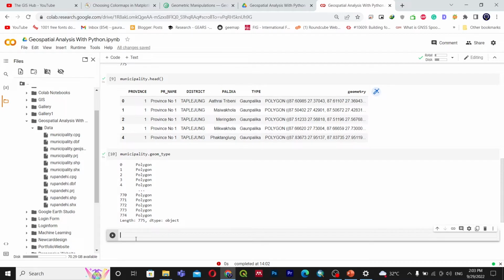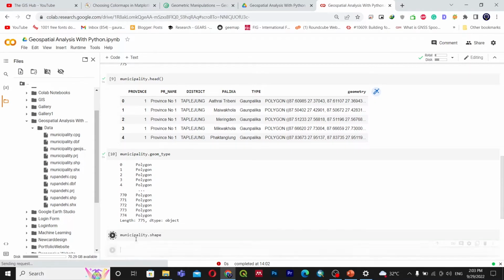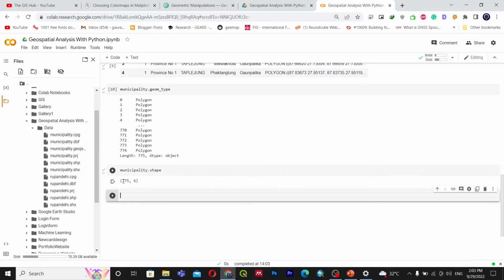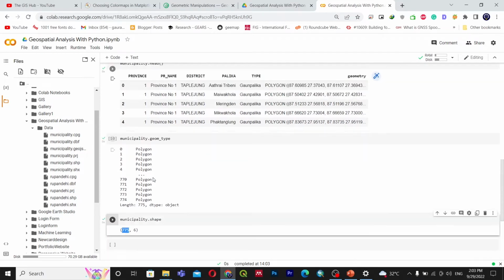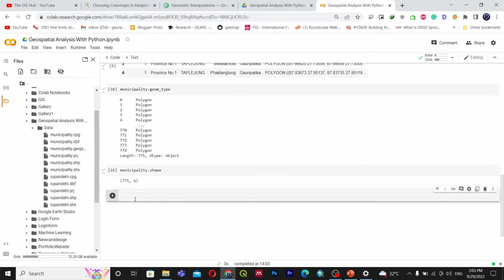So municipality.shape will show 775 rows and 6 columns. You can see 1, 2, 3, 4, 5 and 6 columns in our data. And after that you can go with